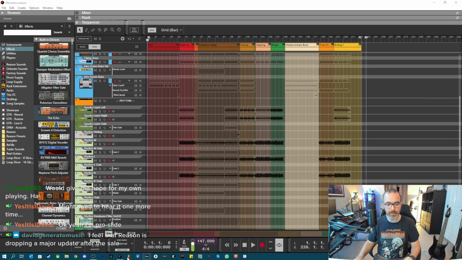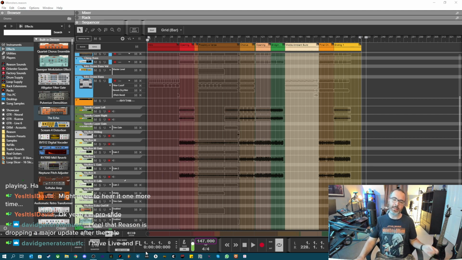12 Pro, Reason 12, obviously, Fruity Loops 20, Live 11, and I jump between them a lot. And the thing that I realise, and it's quite good to see if you only spend time in the user communities for the software that you use, it's very easy to get the impression that everyone else's software is doing so much better, and they're adding things all the time, and everything's working exactly how you want it to work. Then you get into those other programs, and you're like, "But I can do this in Reason, and I can't do it in this." But you can do something in that you can't do in Reason. So truly no DAW has everything, but flitting between these programs as much as I do